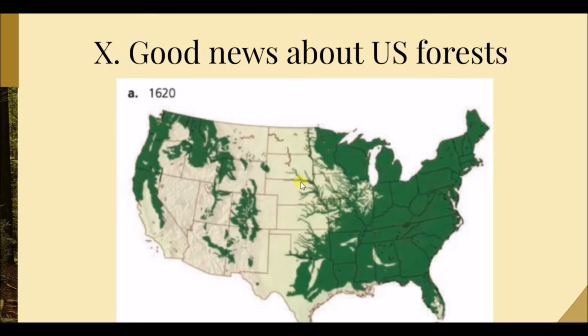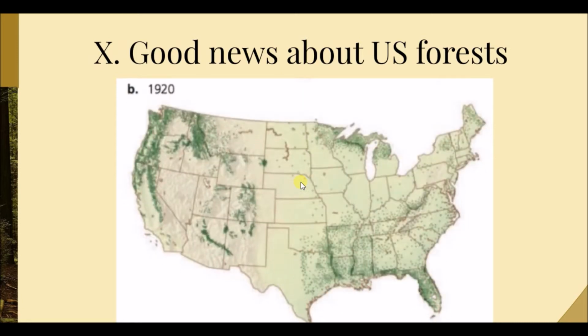So let's go back and look at that horrific picture right there. Here we have 1620, and you can see nearly all the forests are gone. This was because of that time period, right about the 1800s, when the Industrial Revolution started coming around. We started manufacturing a lot more things, and we needed a lot more energy to be able to do those manufacturing processes. And for the most part, we were using trees before we figured out that fossil fuels would be very, very useful for this.